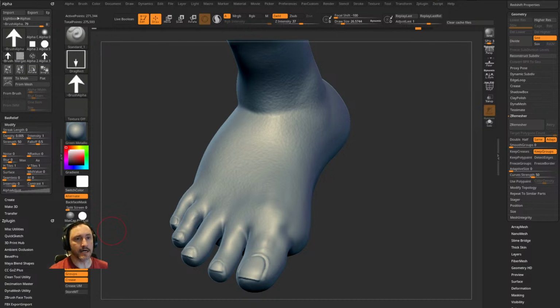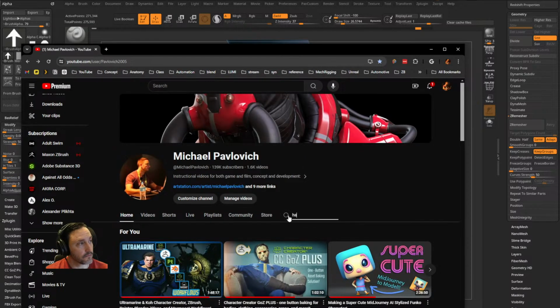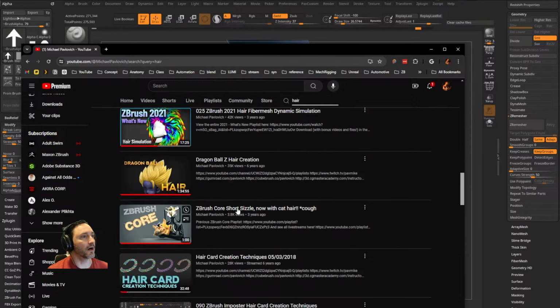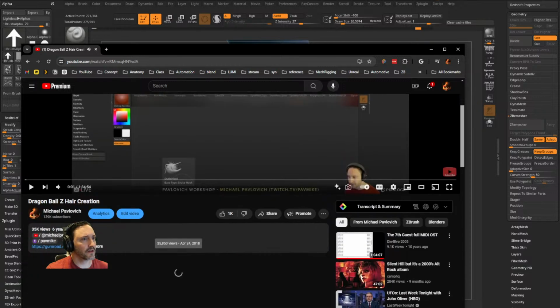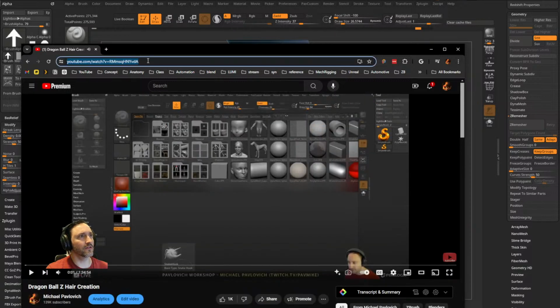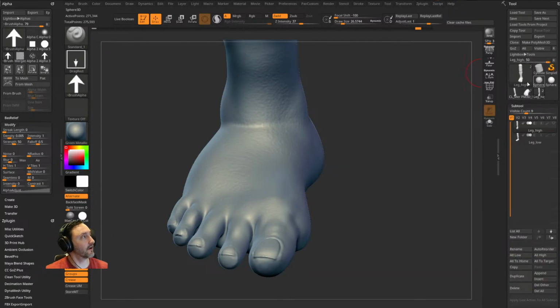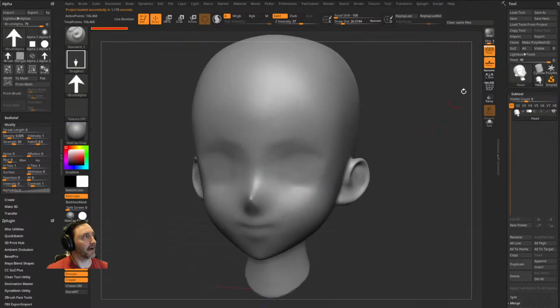But I'm not sure. How to make anime spiky hair? Well, I might have something for you. It's been a while, but hey, Dragon Ball Z hair creation. This is 6 years old, so I do have this. However, I think new stuff has come out since then. So if you hit the comma key, we go in here to demo anime head. How I would do it now, I think,